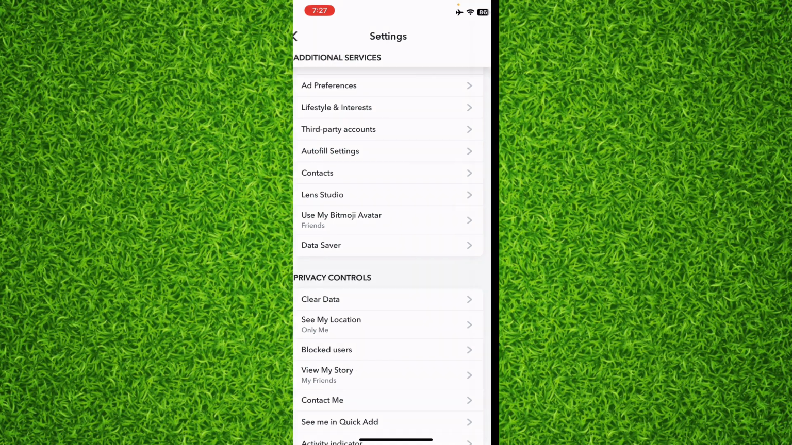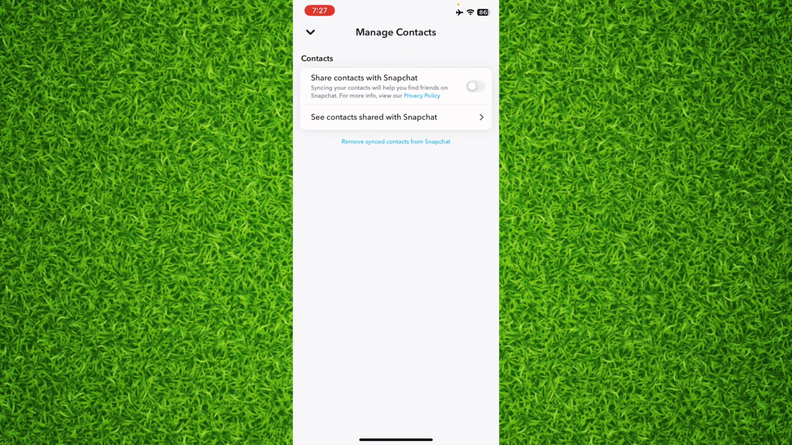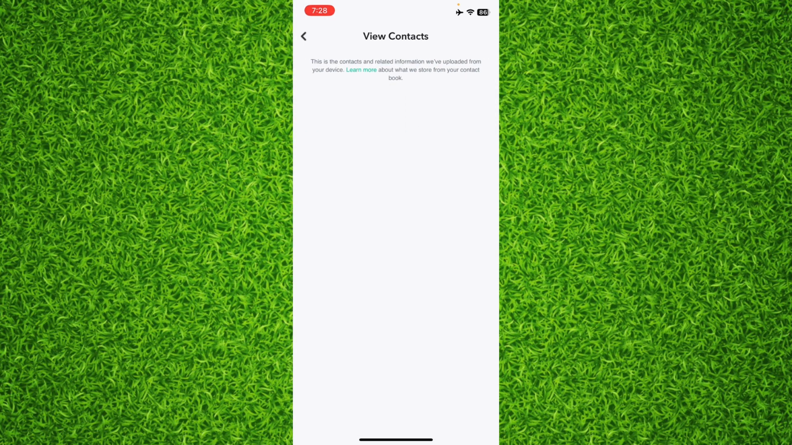Tap on contacts and you'll be able to find an option of share contacts with Snapchat that says syncing your contacts will help you find your friends on Snapchat. For more info, view our privacy policy. All you'll have to do is toggle this option on, and then you'll be able to tap on see all contacts,